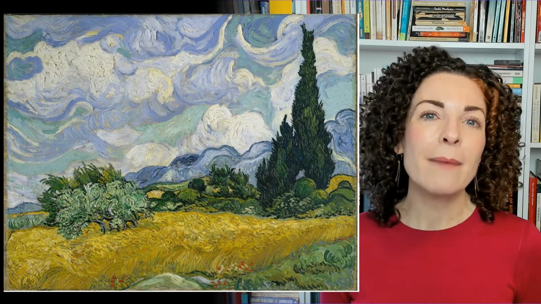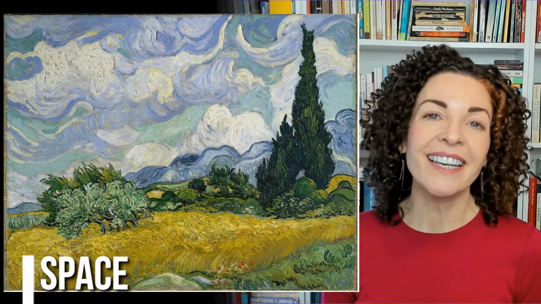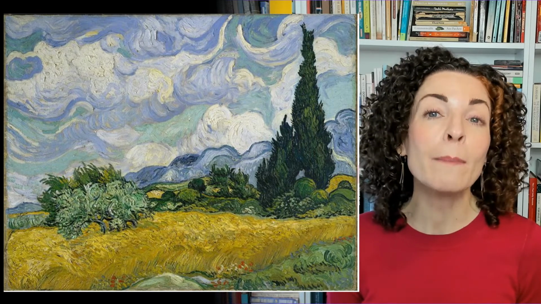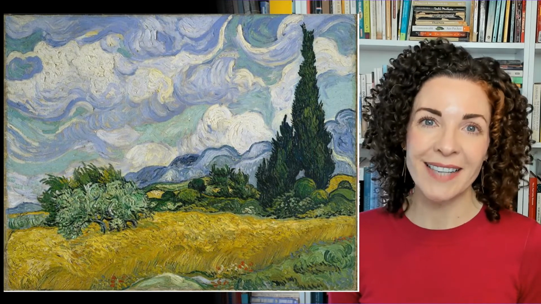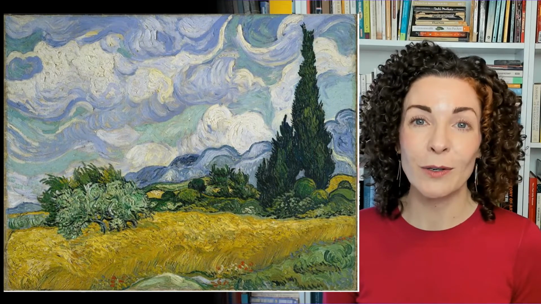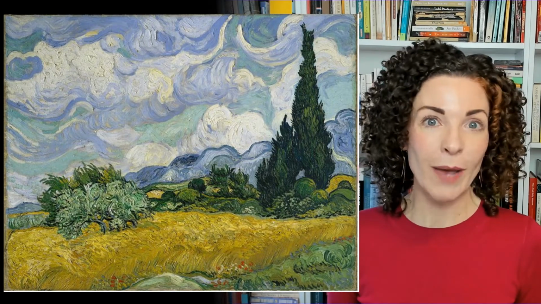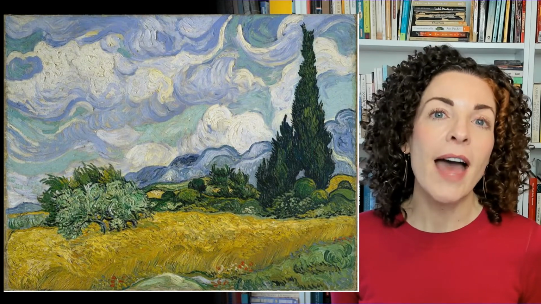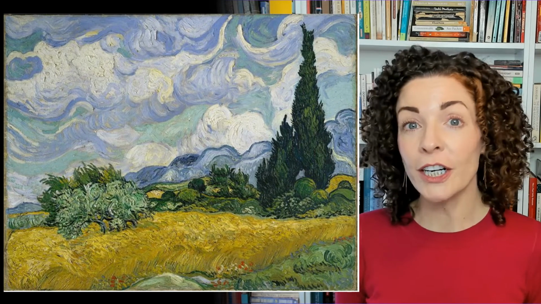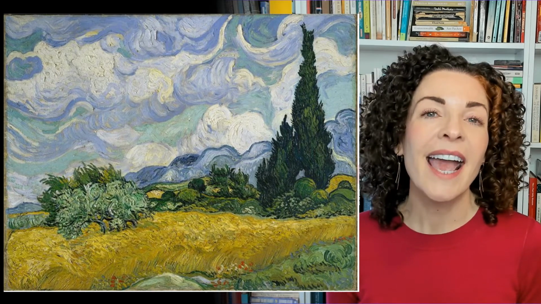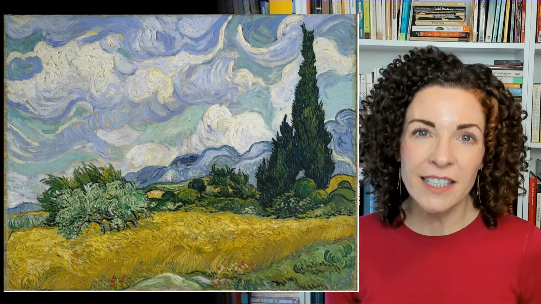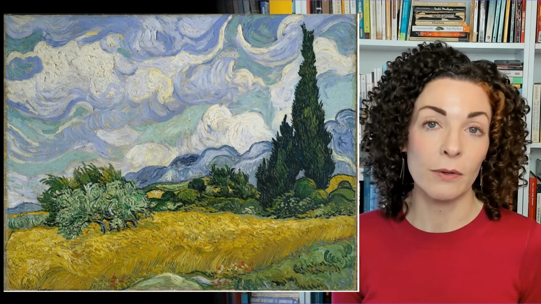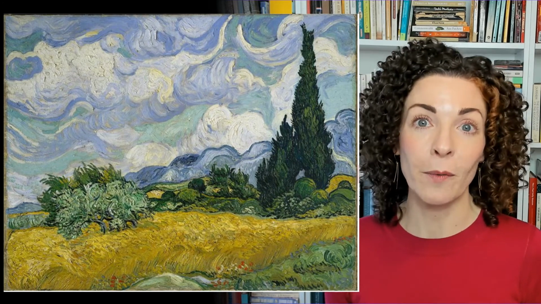Van Gogh has captured a sense of space in this painting. We realize that the agitated clouds lie behind the tumbling mountains, waving cypress, and wind-tossed wheat. He's created space by overlapping these forms, as well as through the principle that closer objects are darker in value than farther ones, and that vegetation and hills that are the same color in reality will appear green when they're closer and blue when they're farther away.